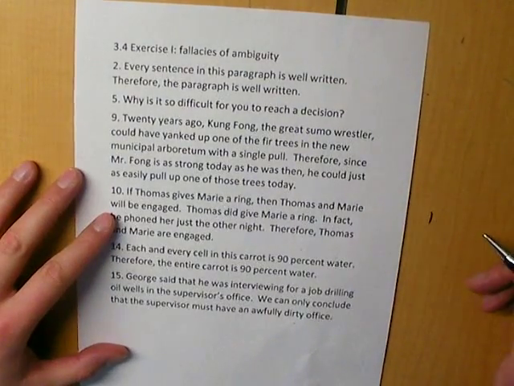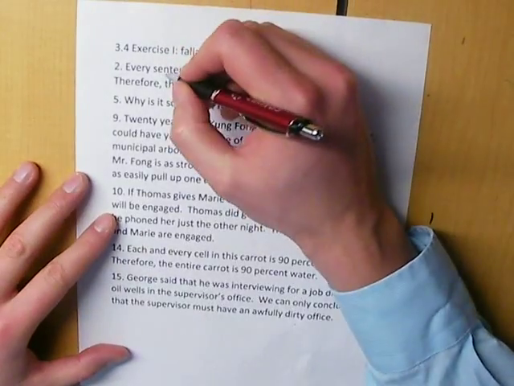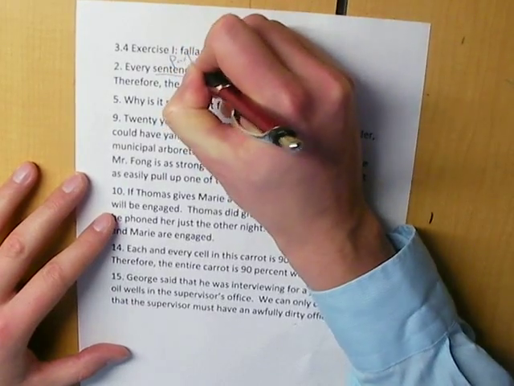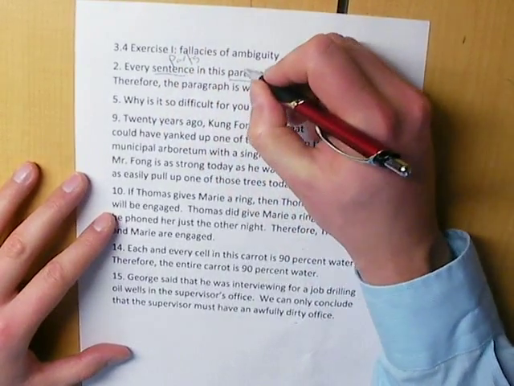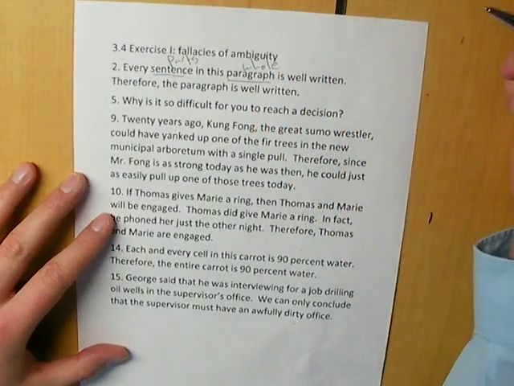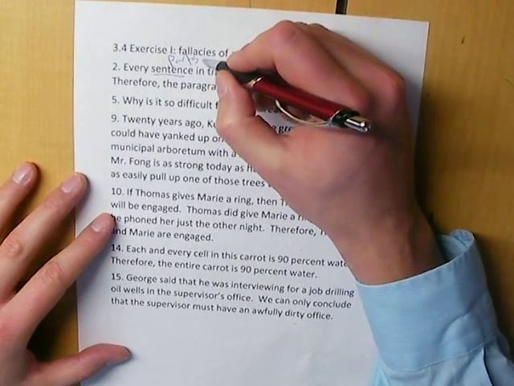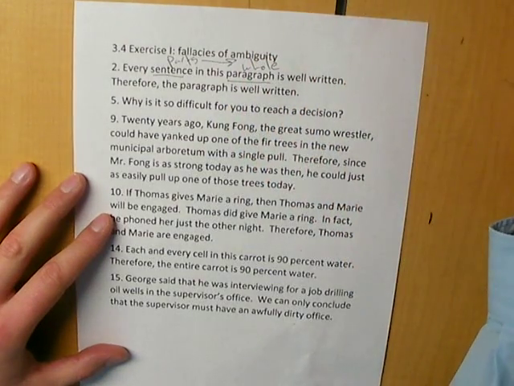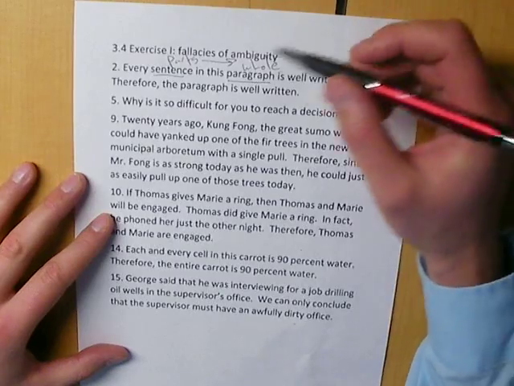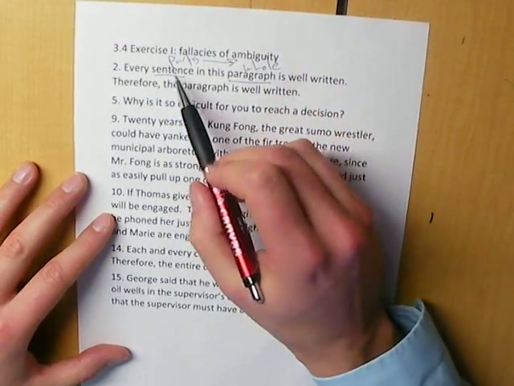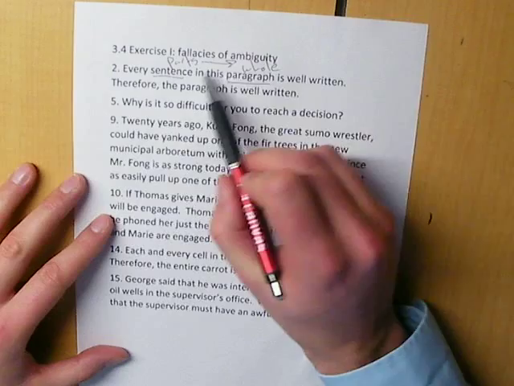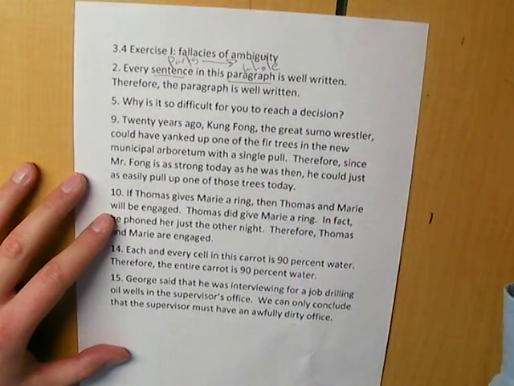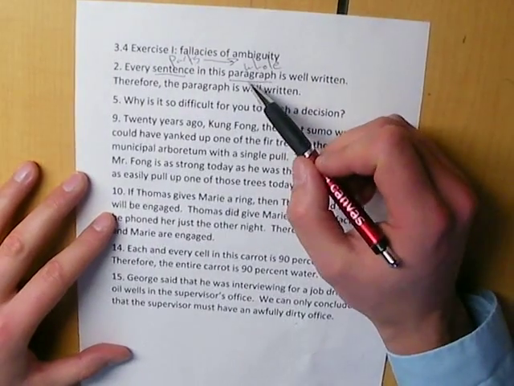So again, let's examine our reasoning here. Every sentence in the paragraph. So the sentences here are the parts, and the parts make up the whole, namely the paragraph. So in this particular example, we're reasoning from parts to whole, and just because you see the structure doesn't automatically mean that it's fallacious, but in this case, it doesn't follow. The parts are well written, so the whole is well written. And on the surface, this might stand to reason here, but there's more that goes into a paragraph.